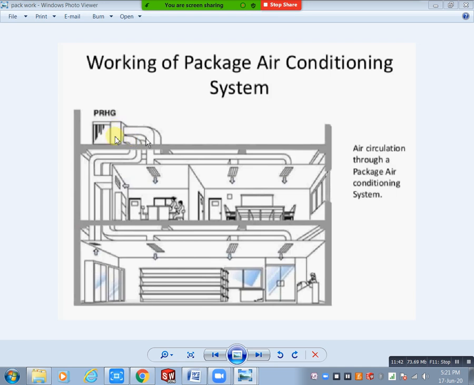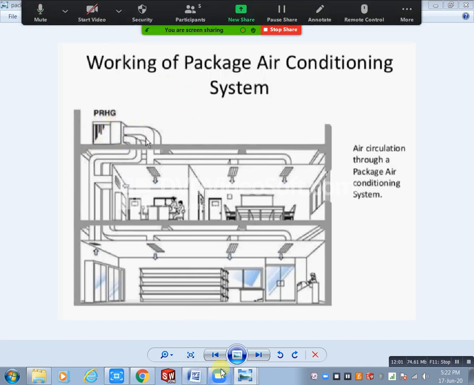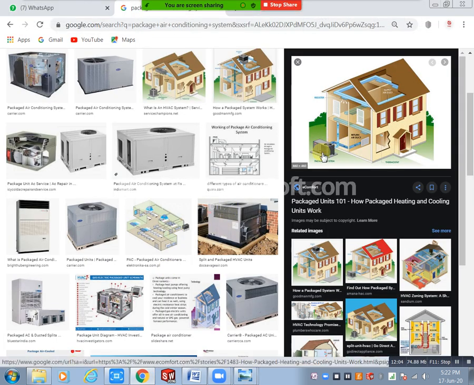For example, this is the ground floor, this is the first floor condition. How can we apply our duct routing? In a simple way, we can see by using package design. This is the roof mounted. We have connections also like this. At the same time you will take this, which is floor mounted. Okay, whichever type you need, you can place based on site condition. Site condition is very important here.